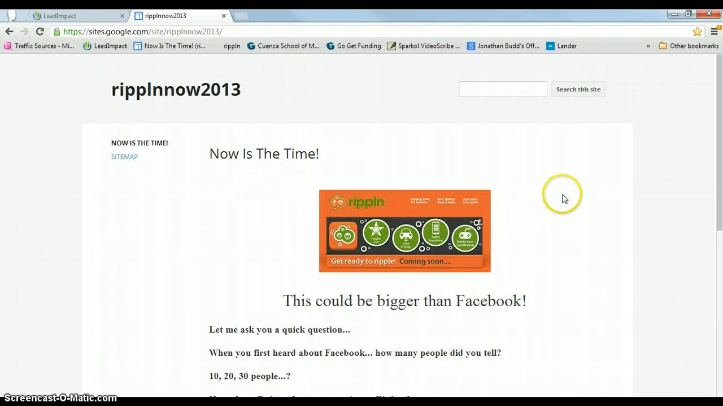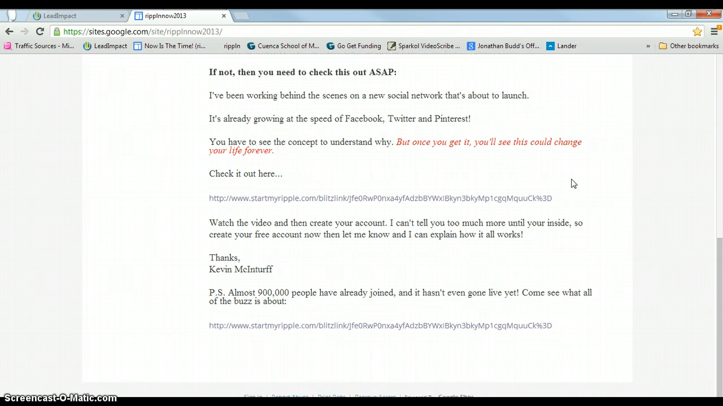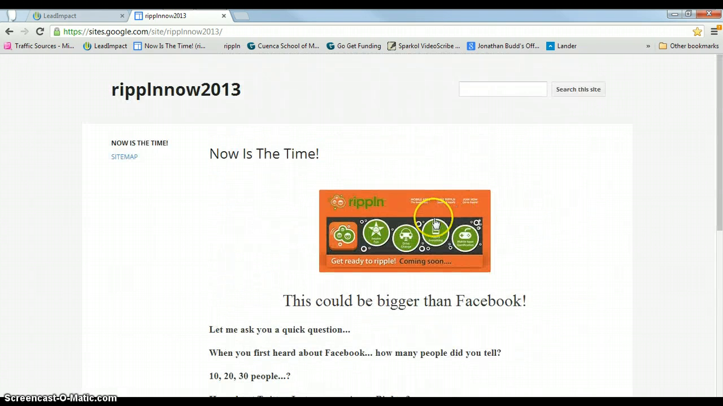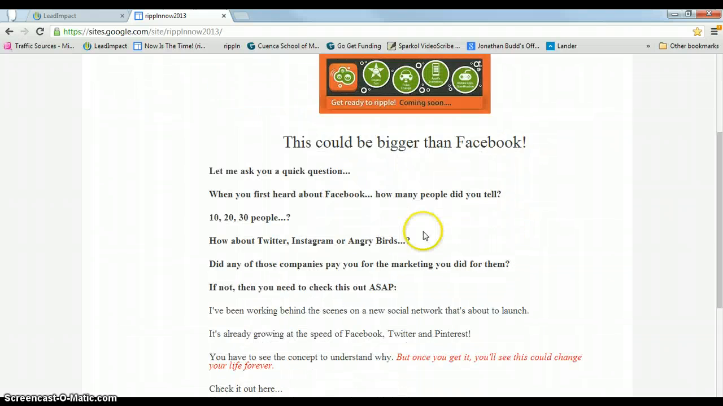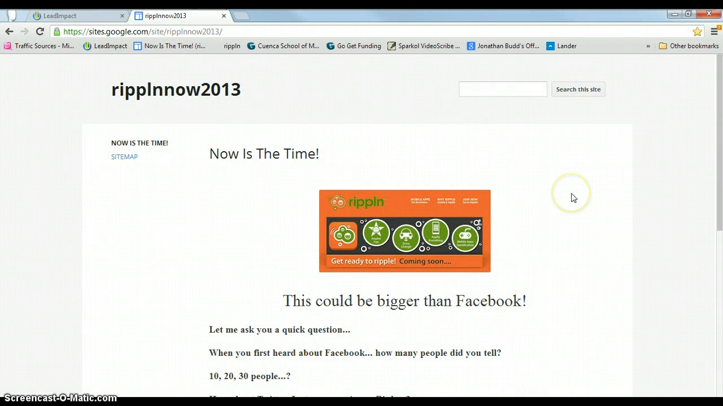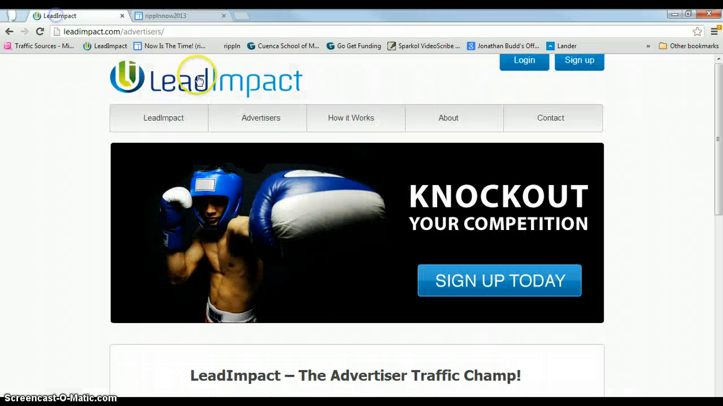We've created this landing page, and this is the thing that's got your links that are going to go to your video. It's got the emblem and all this stuff, and it's made by the template. The way we're going to drive traffic to this website is using something called Lead Impact, which is a PPV or pay-per-view type ad